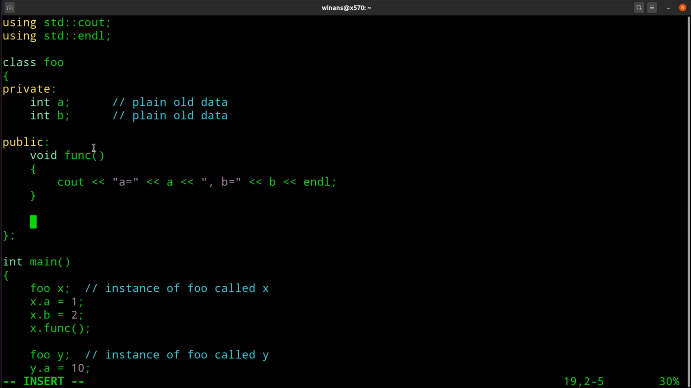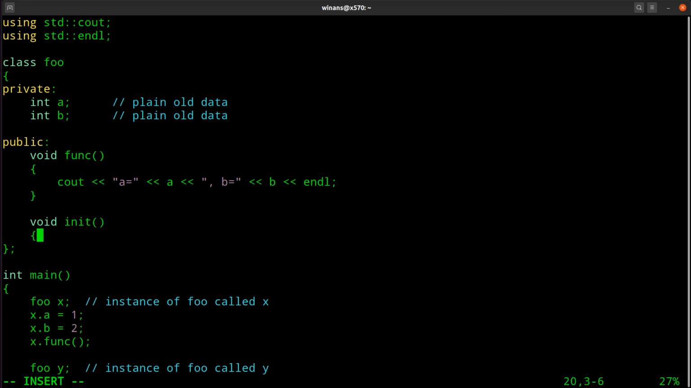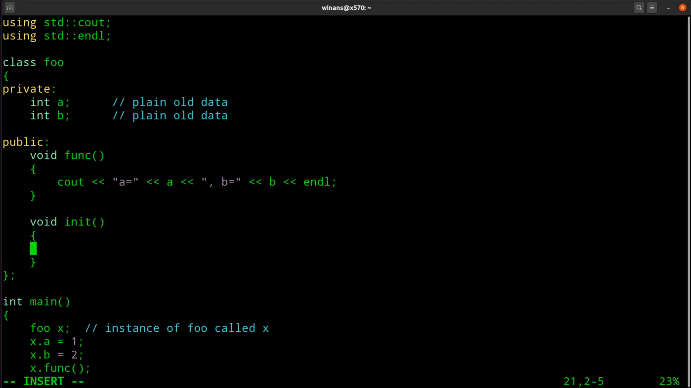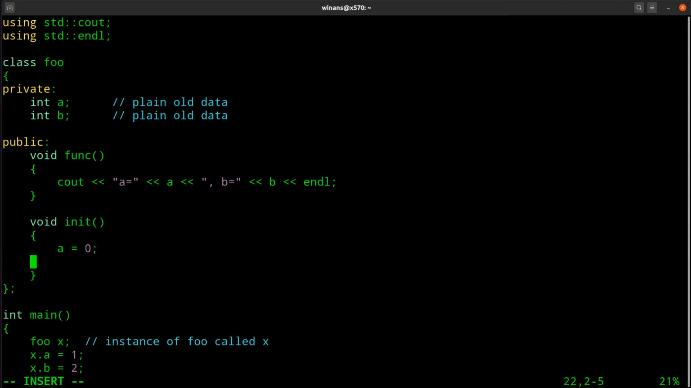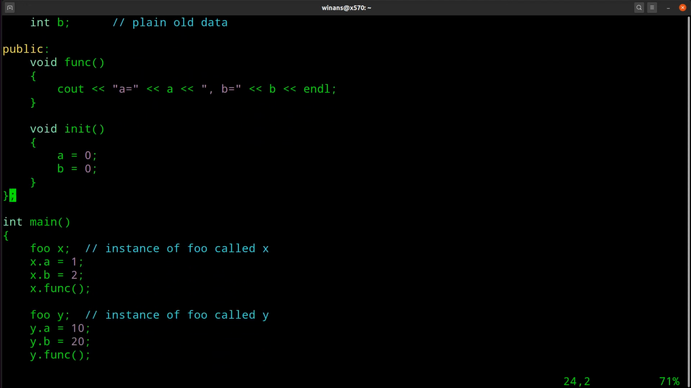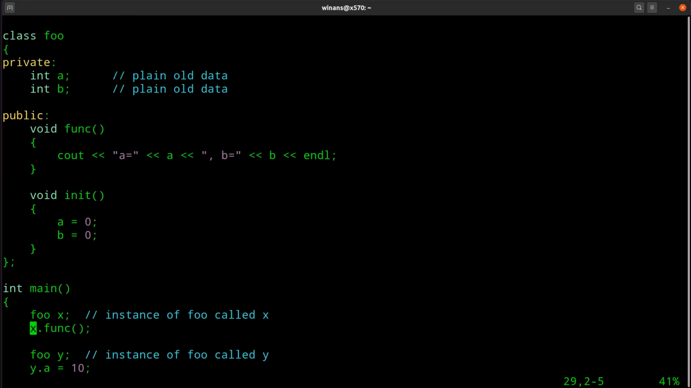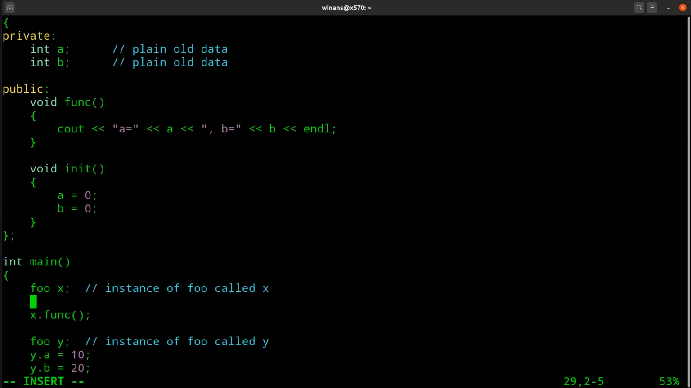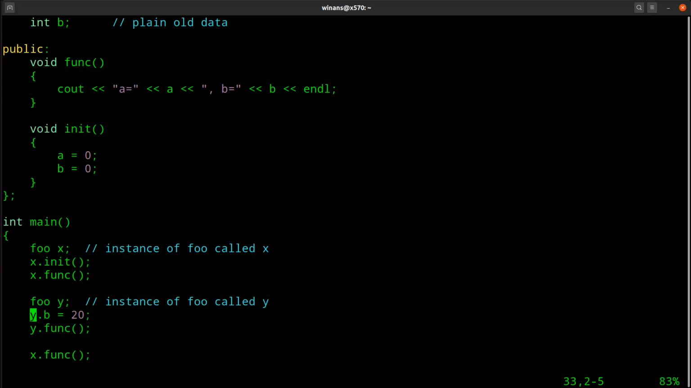So let's say we create a function like this called init. And maybe this can go like this, and we can say A equals 0, and B equals 0. We know this is illegal now, down there, because they are private. So the only way to set anything right now would be to call this init function. x.init will set them to 0. This down here is also illegal. We can call